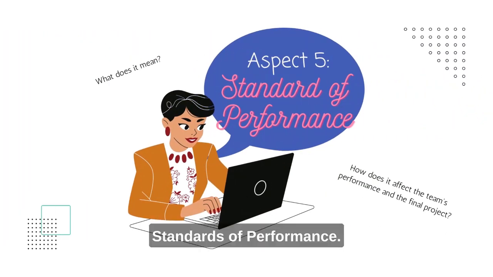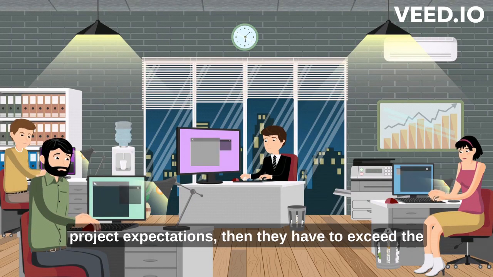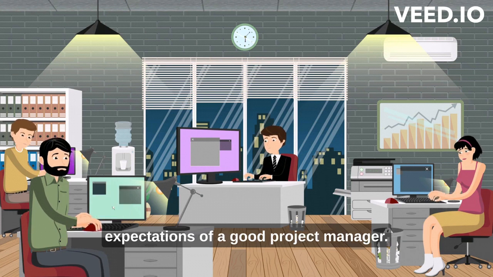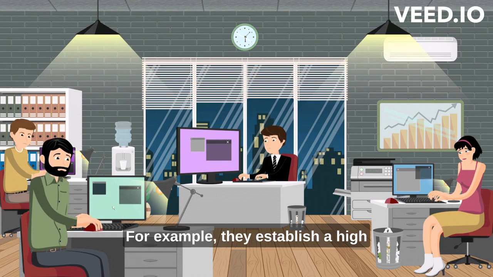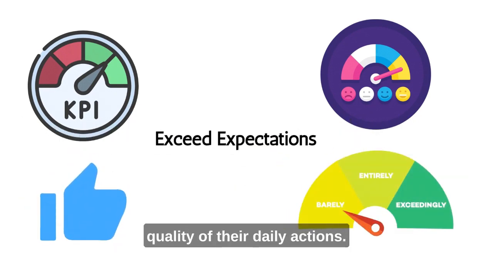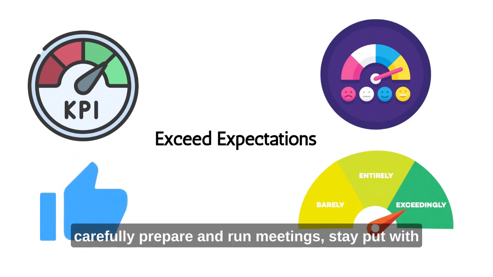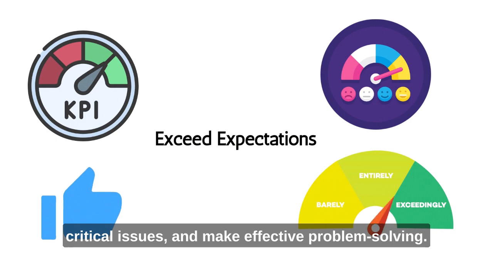Standards of performance. If project managers want team members to exceed project expectations, then they have to exceed the expectations of a good project manager. For example, they establish a high standard for project performance through the quality of their daily actions. They respond quickly to the needs of others, carefully prepare and run meetings, stay put with critical issues, and make